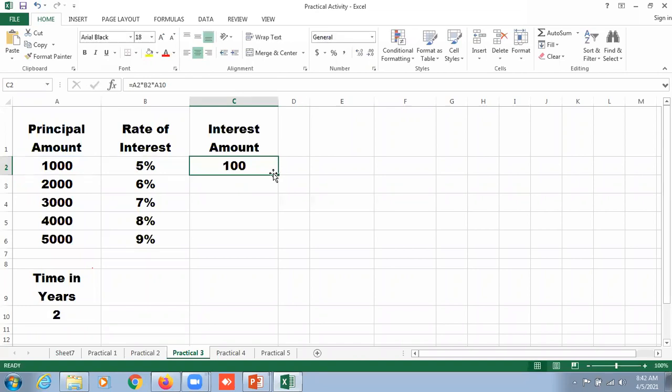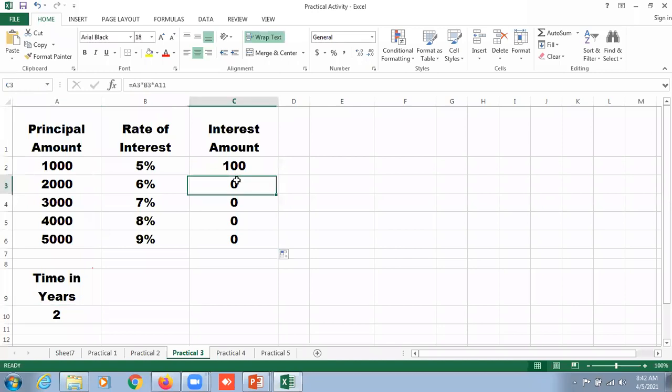But now what happened when we drag downward? Now they display the value 0. Why so? Please, it's my humble request, kindly watch. A2, B2, A10. It means this is the cell where the address of that particular cell is A10, and this cell should remain the same for all the principal amounts.